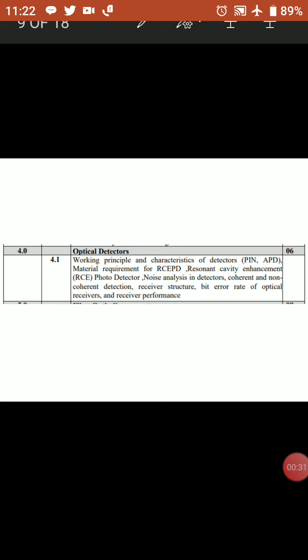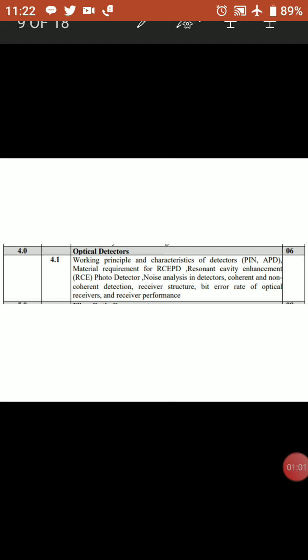For the PIN and APD detectors, we have to find out the material requirements, the RCE, resonant cavity enhancement, photodetector, noise analysis in detectors, coherent and non-coherent detection, receiver structure, bit error rate, and optical receiver and receiver performance. So you have to study the last part of your optical fiber block diagram, that is the receiver part,